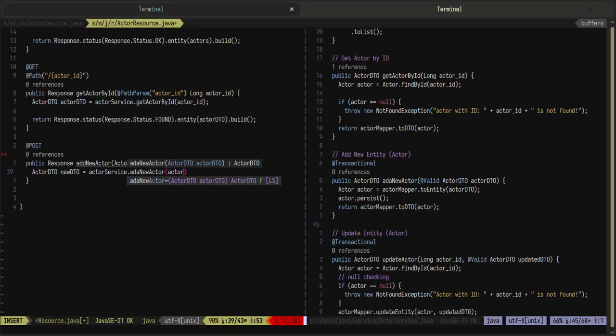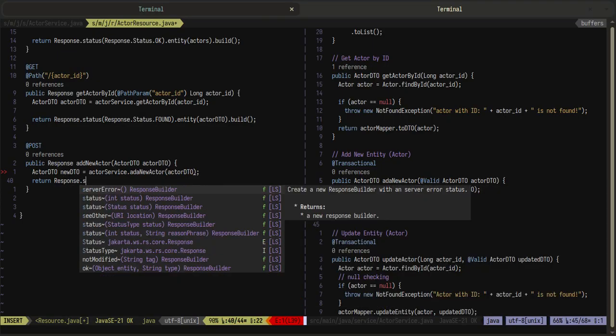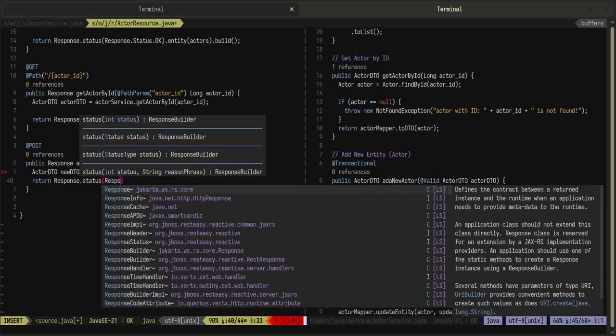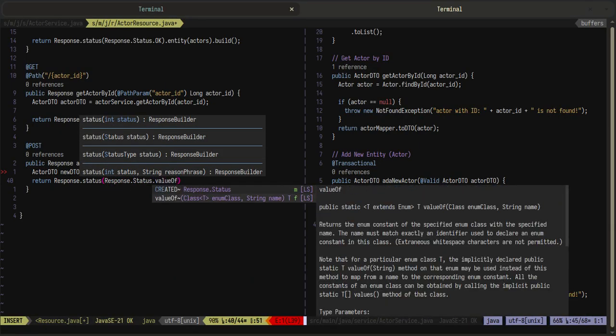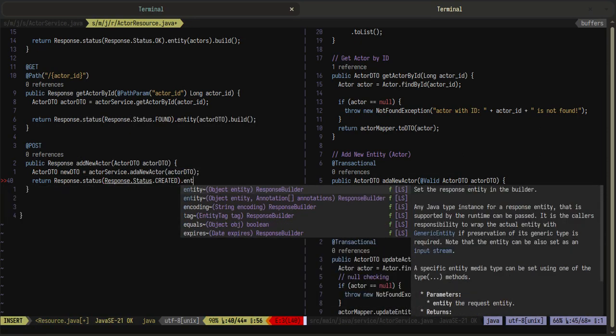It's gonna be actor DTO, and then return response status, response status created. I don't know, just trying entity